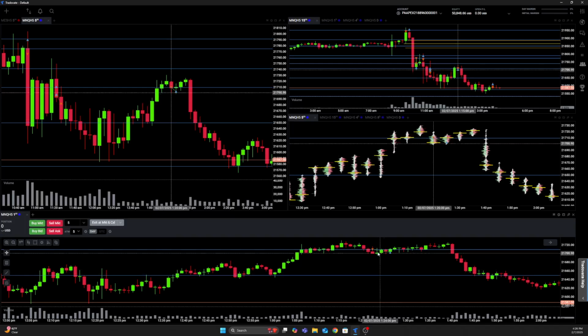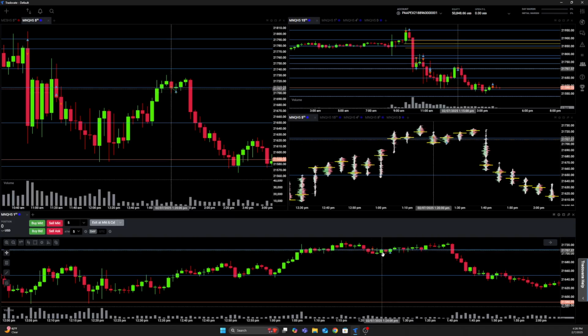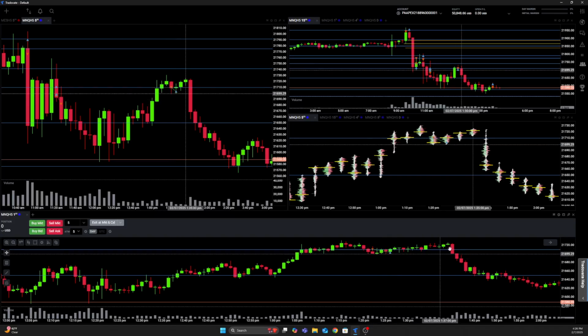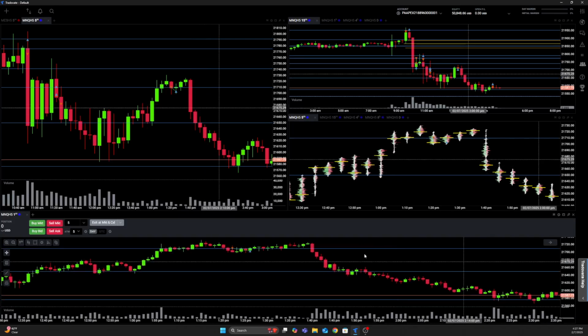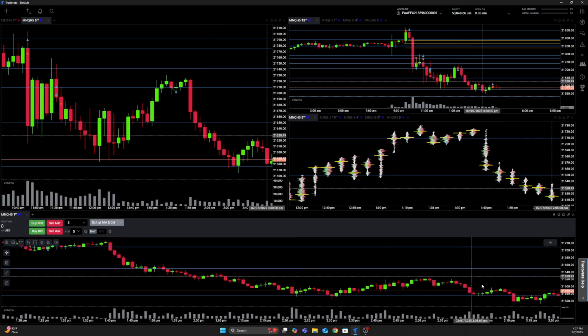Like I said, I entered, and then something in my life came up. I had to exit this trade. I couldn't sit and watch it. So I exited for a quick positive of $70. This was 5 contracts. That would have been a really nice trade as it came down to hit that. But this had me up about $20 on the day, and then right before making this video, I made a